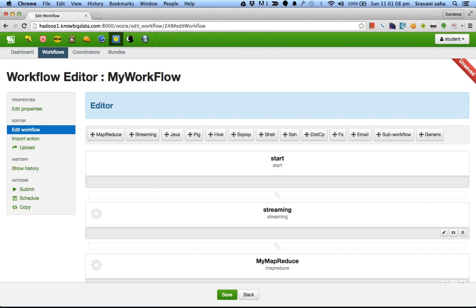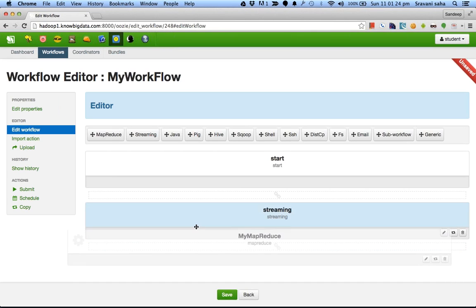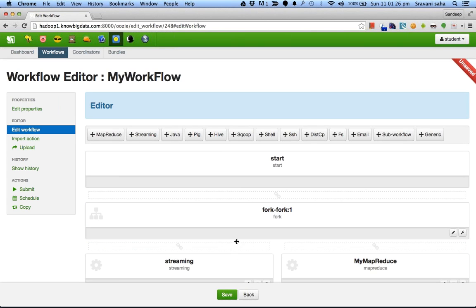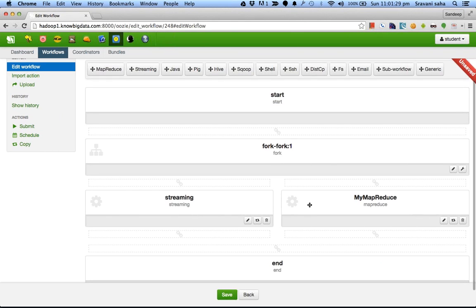All right. Say you created one workflow and you want to call it from another one, you can use sub workflow. And one more thing I forgot to tell you, let's say if you want to execute these two parallelly, streaming and MapReduce, you drop MapReduce onto streaming and they will go into a fork. So these two will be executed parallelly. All right.